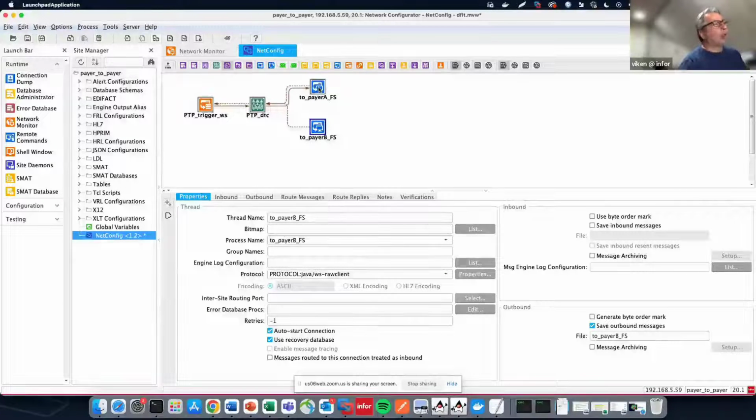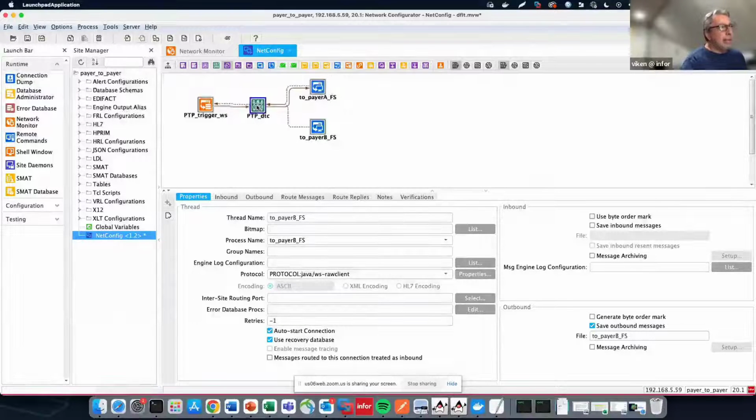So with this particular workflow, we're actually dealing with two FHIR servers. We're dealing with, let's call it, the new FHIR server of the new provider, and then the old one of the old provider, right? So we're going to be querying data and posting data to both of those FHIR servers.